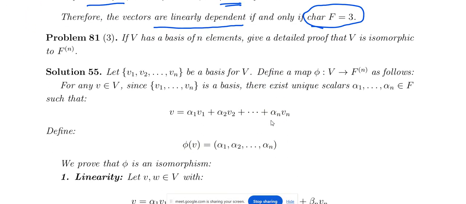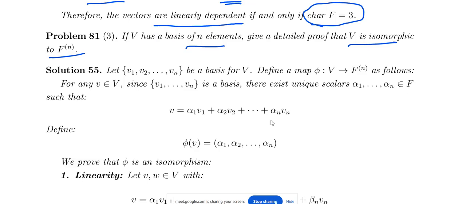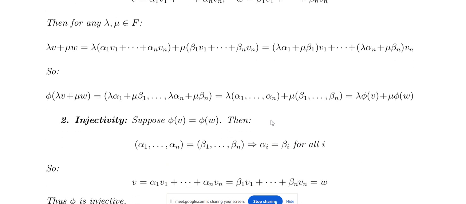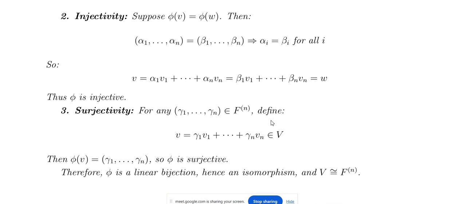So V has a basis of n elements. Then V is isomorphic to F power n. That is, V is isomorphic to F power n. With n elements, I think we already saw this very early on. So that is